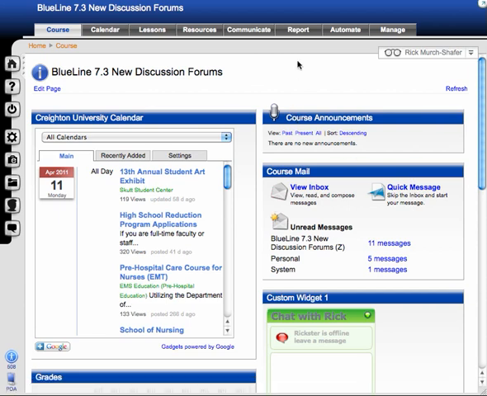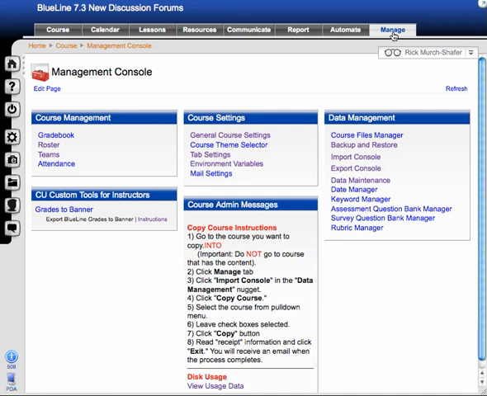Okay, I'm going to show how to create teams using the random team generator. This can be useful for doing team project work, various things, communication, etc. Within my course here, I'm going to go to the Manage tab, and I've just got about 8 students,